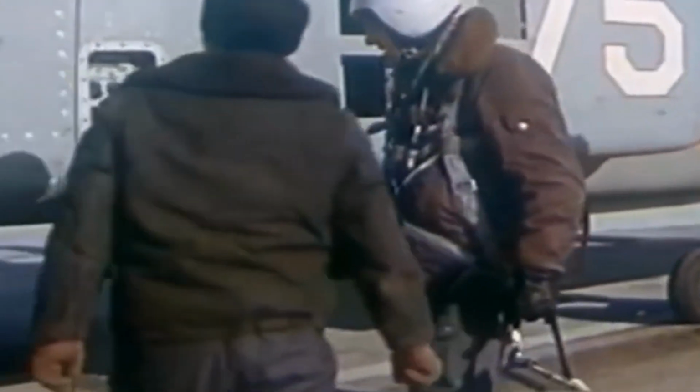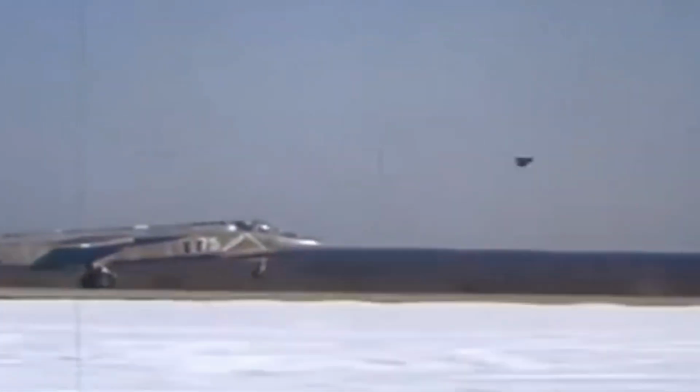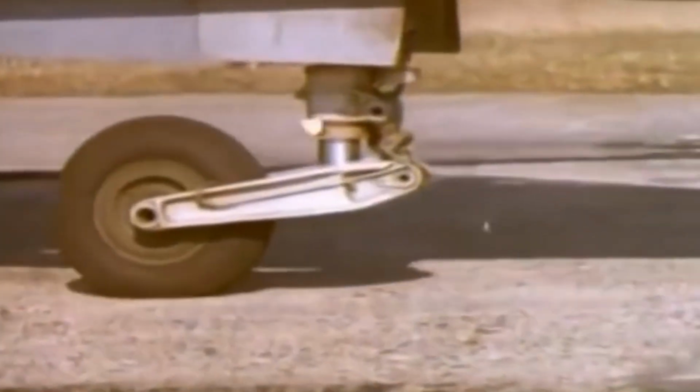Ground attack. The aircraft was also intended to carry out ground attack missions, targeting enemy ground installations, vehicles, and troops. It could have been armed with air-to-surface missiles, bombs, and rockets. Close air support. The Yak-41 could have provided close air support to friendly ground forces by attacking enemy positions near the front lines. This would have involved engaging enemy forces in close proximity to friendly troops, delivering precision strikes on